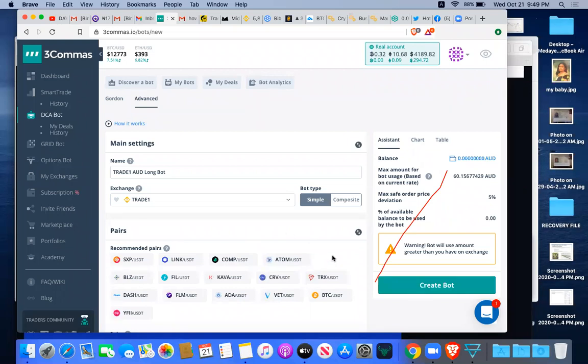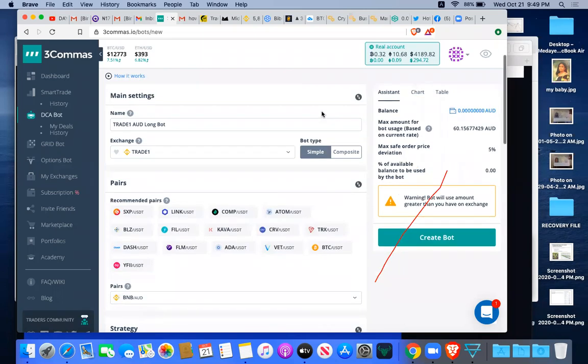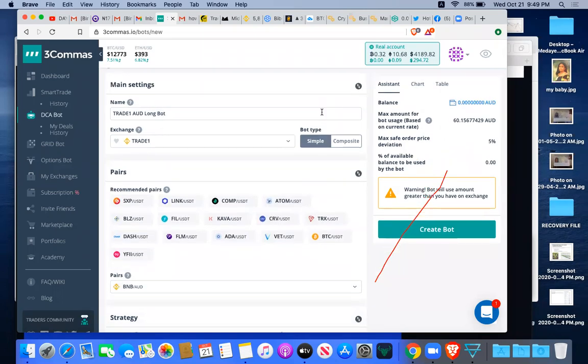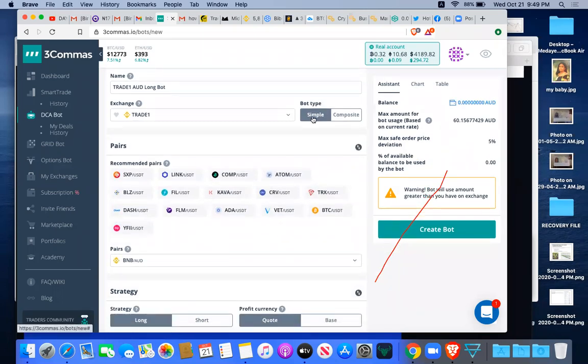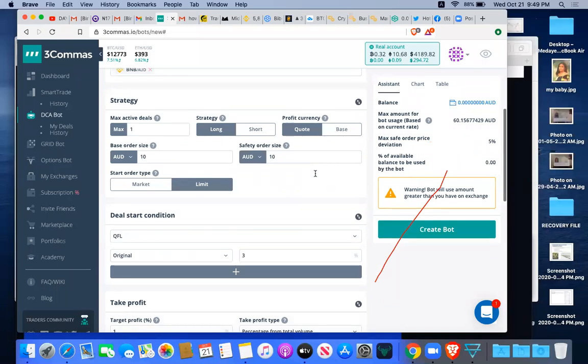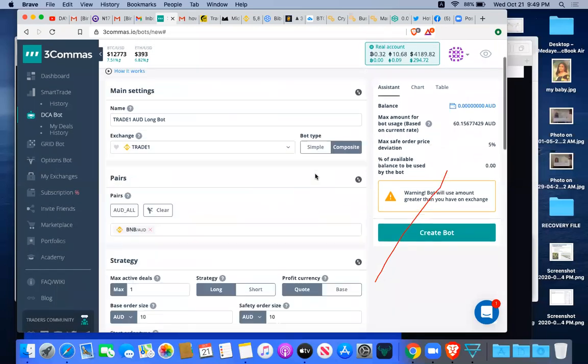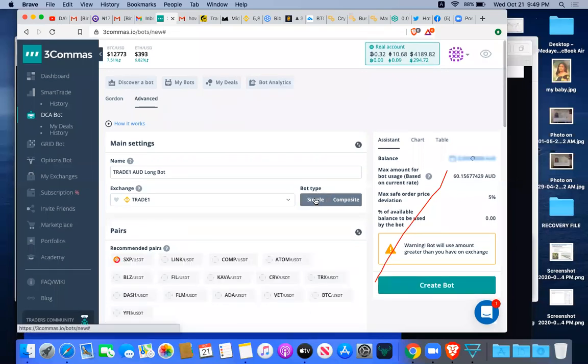Okay, now if I say I want to trade on my Binance, now it's showing me all of these. So my Binance, which market am I going? Which pairs of trade? This is simple, but composite is not for all categories, because by the time I give you composite, it's going to go much higher than what we expected. So it's for a pro account. This account of mine is a pro account.